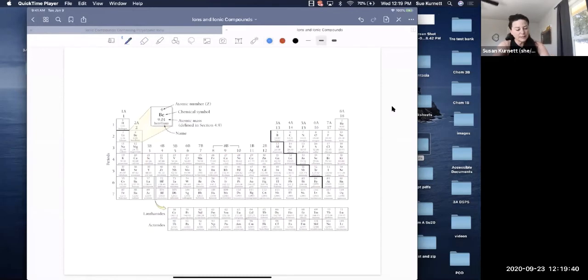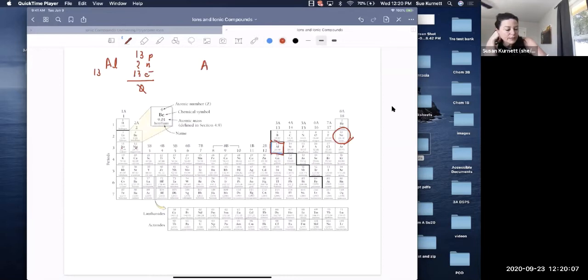So for example, here's aluminum. Aluminum is a metal, metals lose electrons. Aluminum is element 13. What is the previous noble gas? Neon. Aluminum, the atom, would have 13 protons, some neutrons, depending on the isotope, 13 electrons, the atom. But when aluminum becomes stable, it does so by losing 3 electrons. Why 3? Because it's in group 3. It's a metal in group 3, so it loses 3 electrons.